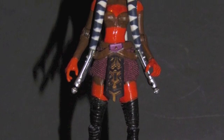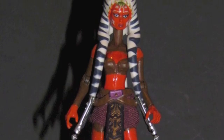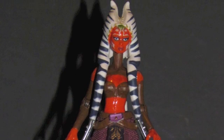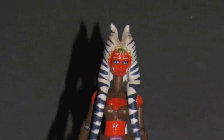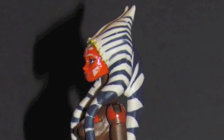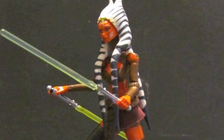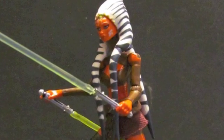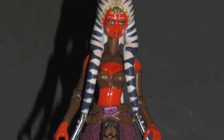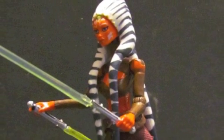To create this version of a grown-up Ahsoka, Sputta Fett took the lekku from a Clone Wars Shaak Ti, then trimmed an Ahsoka head until he was left with just the face and bald head. Once he had enough of the head trimmed away, he fitted inside Shaak Ti's head tails and glued it in place. For the body, Sputta Fett used Shaak Ti's arms on a Ventress body and trimmed up the sternum, then used Sculpey to reform the stomach. He finished her off with a crisp paint job and made a new belt from Ventress's. You can get a look at more from Sputta Fett at